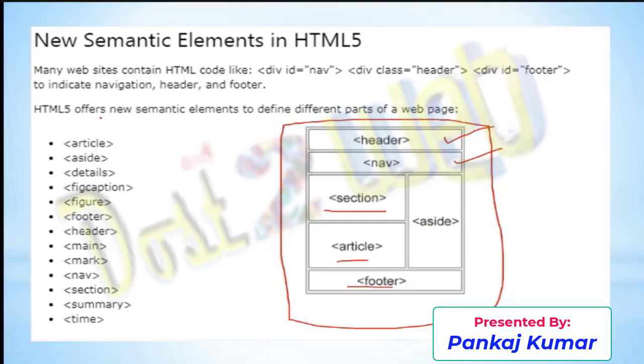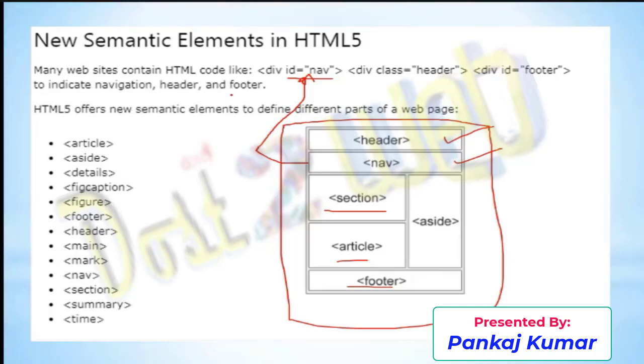In the new website code, you'll be using something like id nav. That specifies which division you have used. This division is going to be used for navigation. So this is going to be used as a selector. You specify id equal to navigation, and whatever CSS you define, accordingly this will take it. Similarly, div class equal to header, div id equal to footer. That will indicate your navigation,